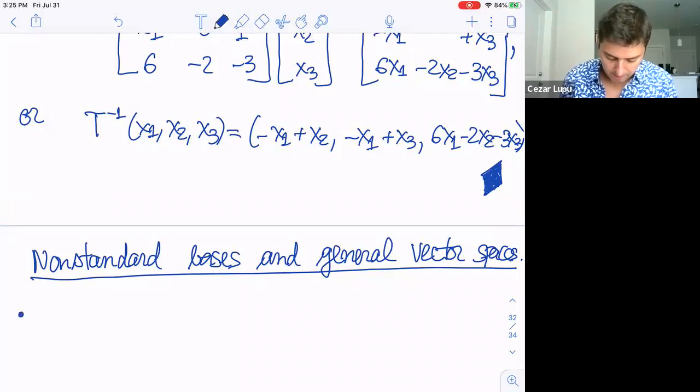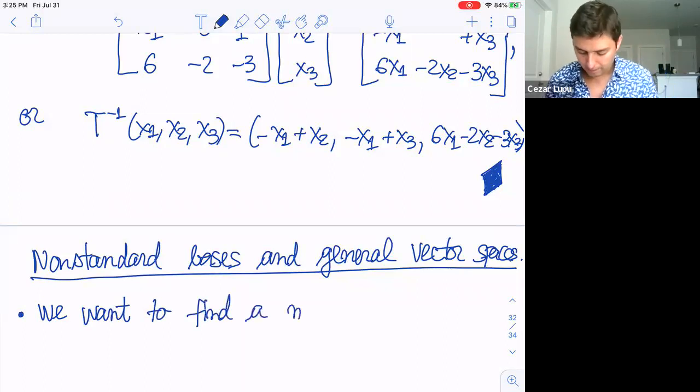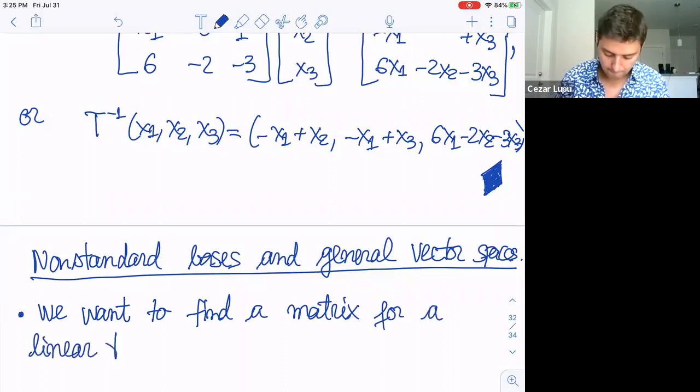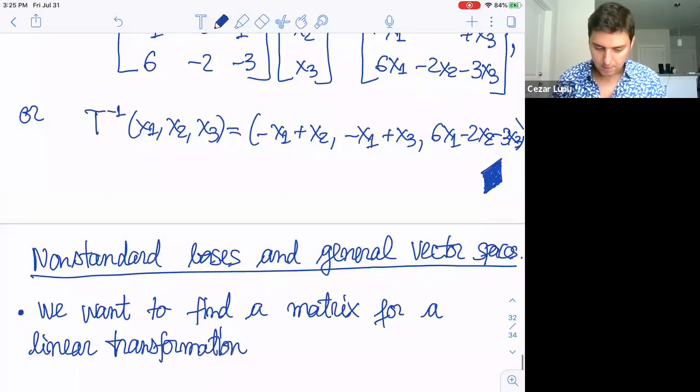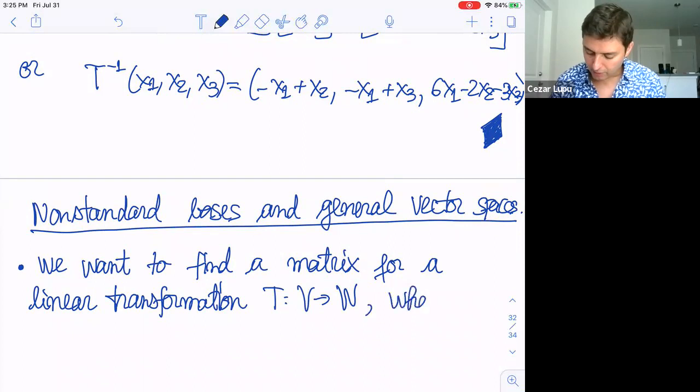So the thing is that we want to find a matrix for a linear transformation T, let's say from vector space V to another vector space W,